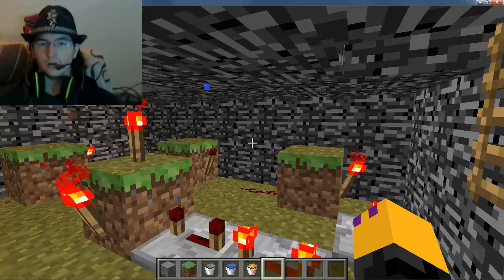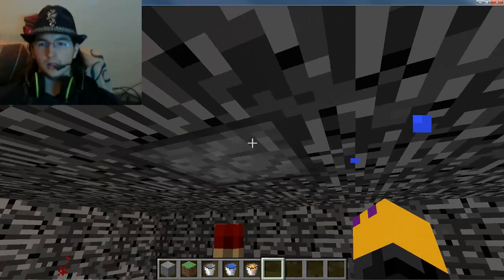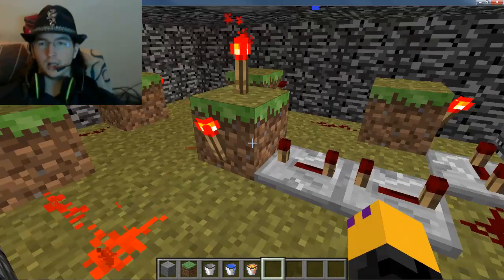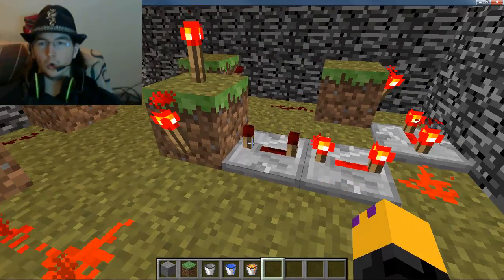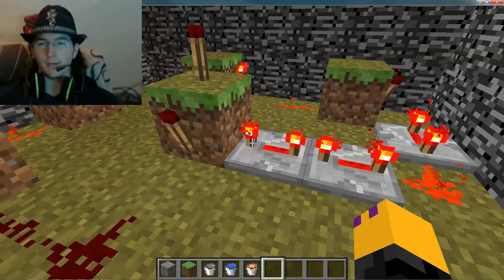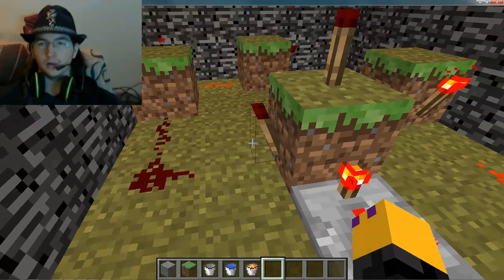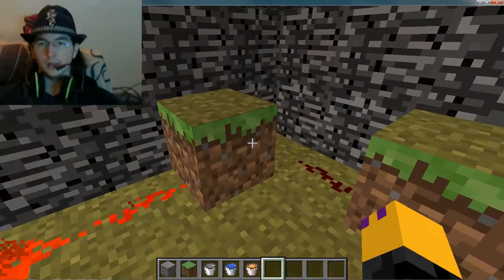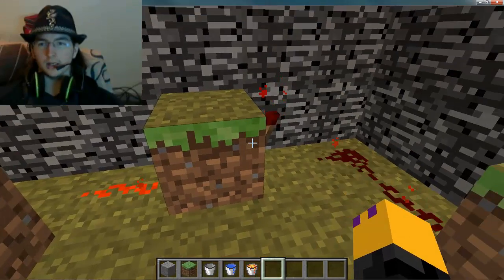Here we have a piston right there in the middle, powered by a redstone repeating clock. Very slow redstone repeating clock. You got inverters, you got power going in, lights up the block, comes out, turns that off, turns that on,